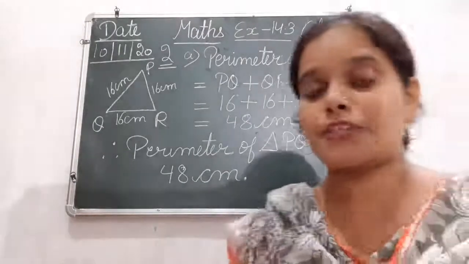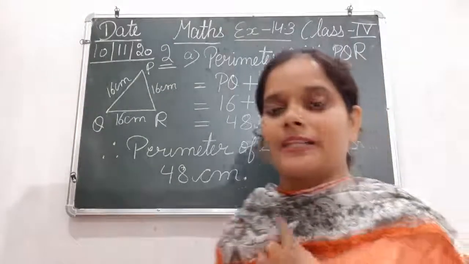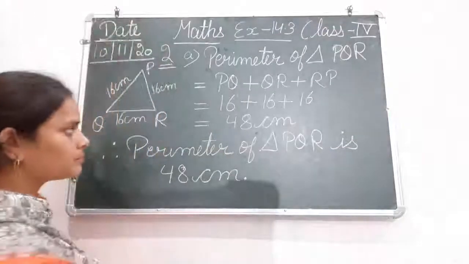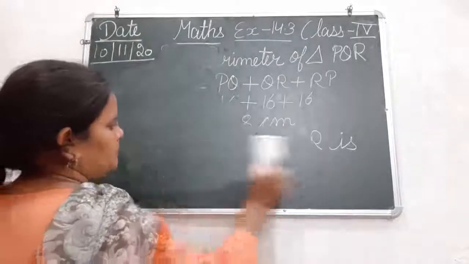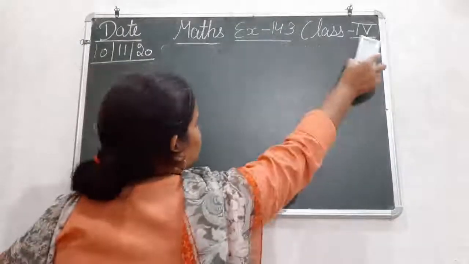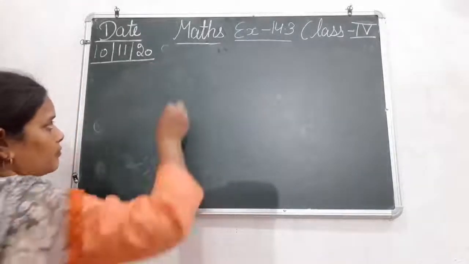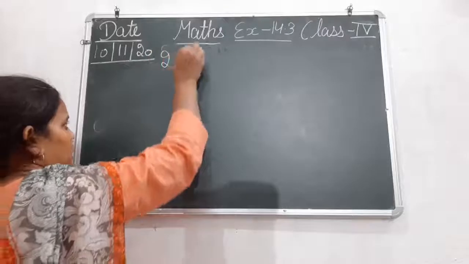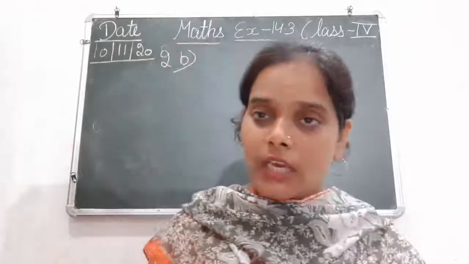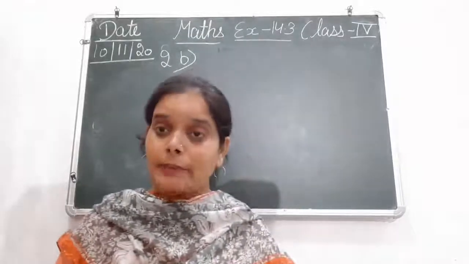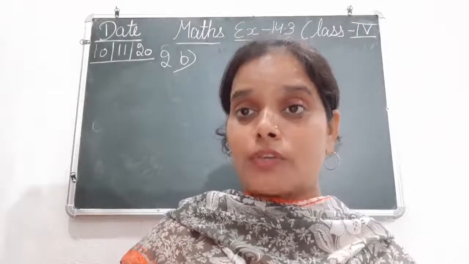Now let's move to the B part of the same sum number 2. Okay. अब हम इसके B part की तरफ मूव करते हैं. So, sum number 2, B part. So, in the B part, देखिए question वही है. Okay, the question is same, that find the perimeter of the triangles whose sides are. So, again in the B part, we are talking about a triangle.